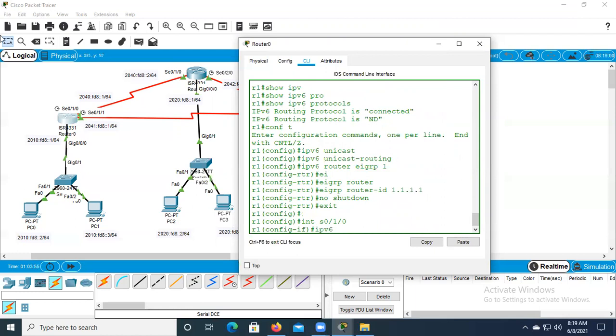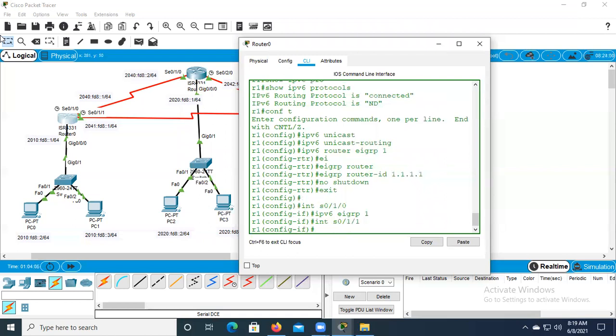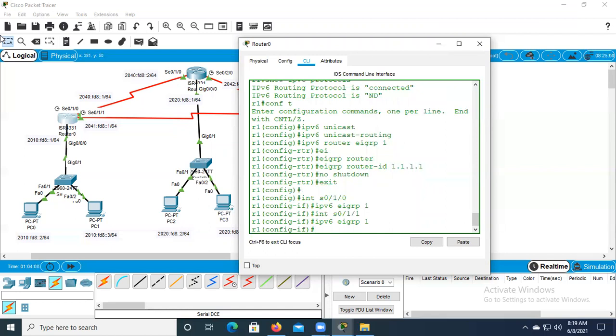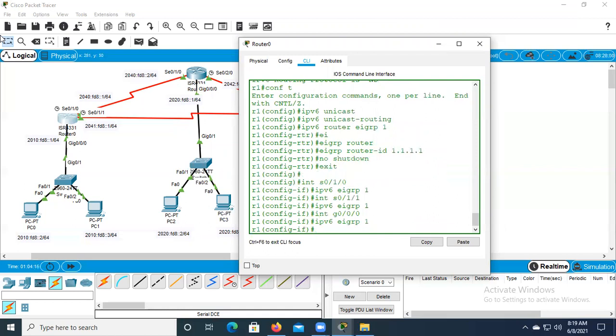How? Type ipv6 eigrp 1. Now interface serial 0/1/1 also ipv6 eigrp 1. And interface gigabit 0/0/0, I use the command ipv6 eigrp 1. All advertising is done. Then I give end.